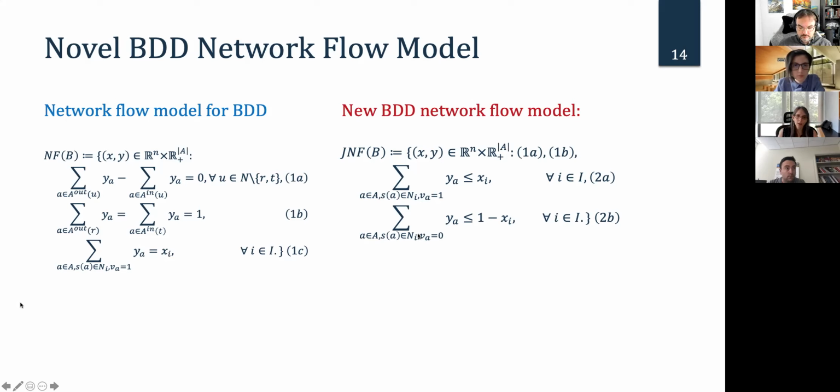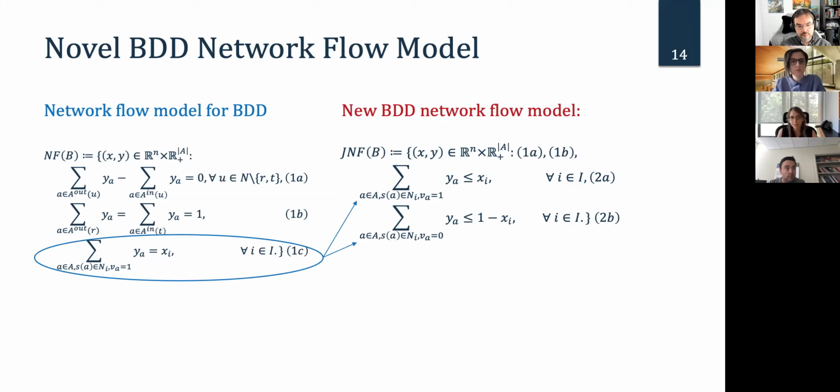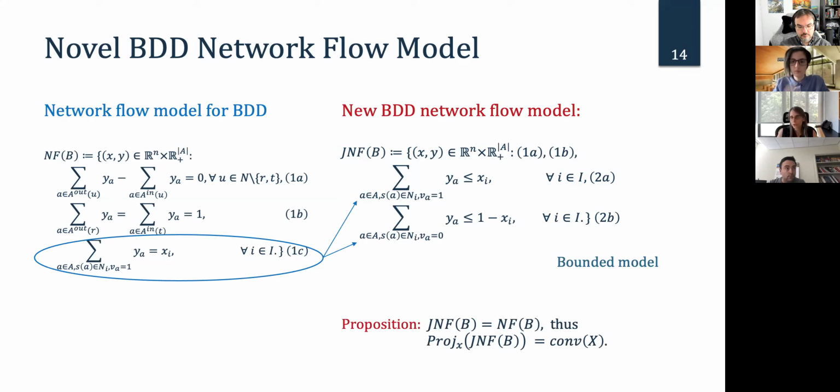And in another layer I, where all the arcs have a value equal to 0, they're going to have a limited capacity of 1 minus xi. Basically we transform this constraint into these two constraints. The nice thing about this model, first, is that it's bounded,